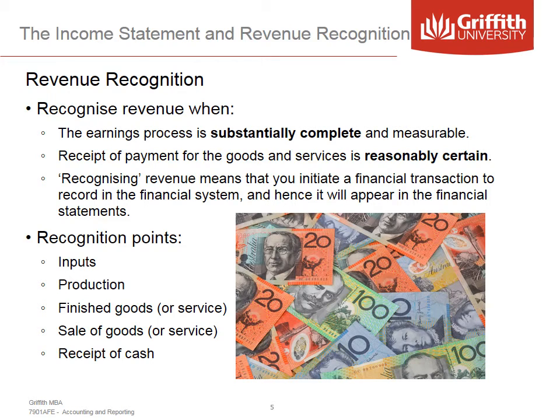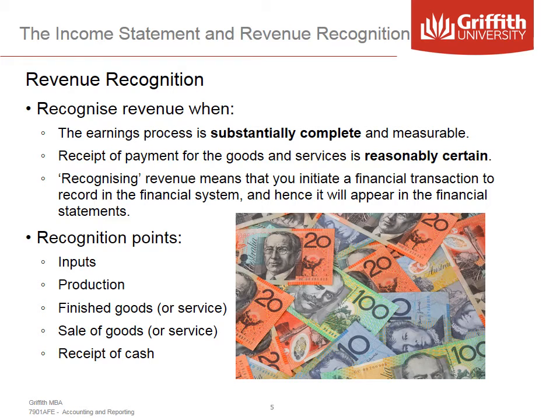A lawyer would say to us that at the point where the transaction is substantially complete, that's to say the purchaser has received the goods and services, that there's been agreement about the value of the goods and services that have passed from the seller to the buyer, and there's a reasonable certainty that that payment or obligation will be collected. That's a legalese sort of definition, but again, you'll see when you look at the number of recognition points below, there are numbers of situations where that could occur. And so